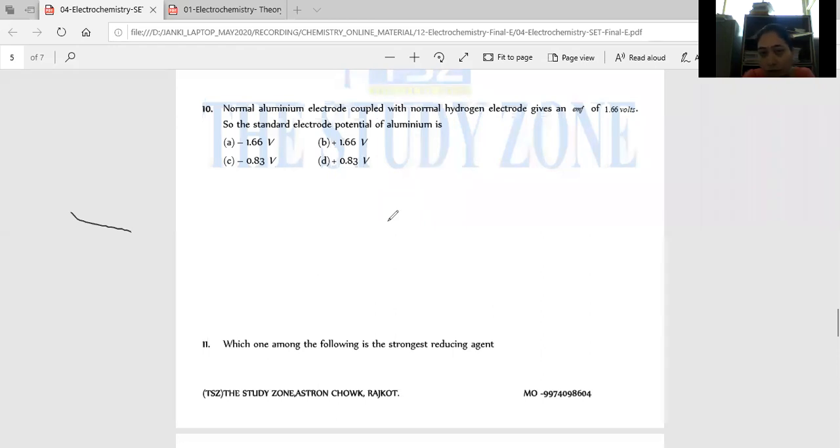First of all, tell me, students, aluminum will work as anode or cathode, and why? Varad, Harsh, Manan, Pusha, Nandini, Twinkle, tell me. I want the reason, why. Aluminum will work as anode or cathode, and why? Twinkle says anode. Why? Twinkle, Neha, Pusha say aluminum will work as anode. Why? And here 1.66 volts is given.